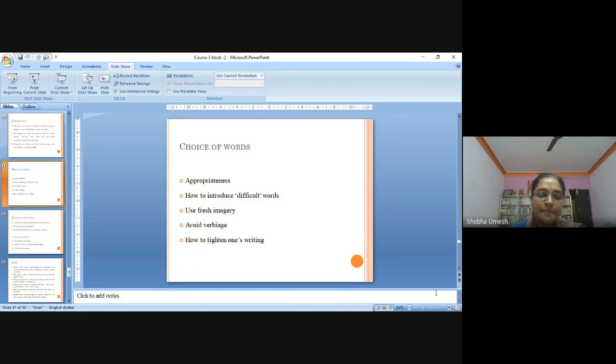And the next point is avoid verbiage. What is verbiage? See, this verbiage is nothing but the phrases that consist of words which, when joined together, appear to be stale and commonplace. For example, golden sunset, or engaging grin, infectious smile or laugh or grin, winding paths, gentle breeze, or pale moon. So such words have to be avoided.